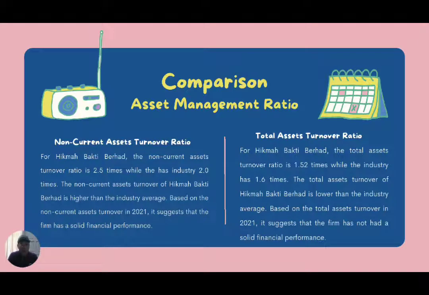Continuing to the next slide, which is the comparison for asset management ratio. The third ratio is non-current asset turnover ratio. For Hikmah Bati Berhad, the non-current asset turnover ratio is 2.5 times, while the industry has 2.0 times. The non-current asset turnover of Hikmah Bati Berhad is higher than the industry average ratio. Based on the non-current asset turnover in 2021, it suggests that the firm has a solid